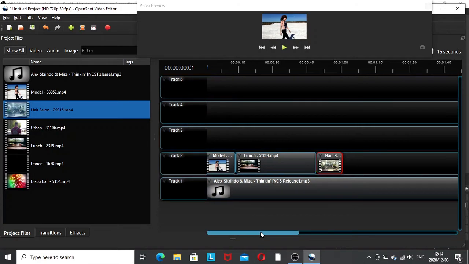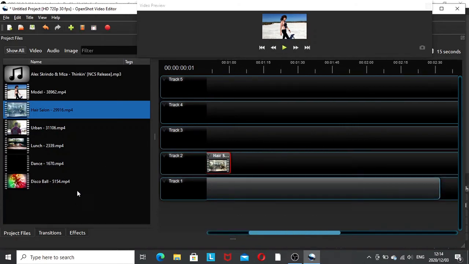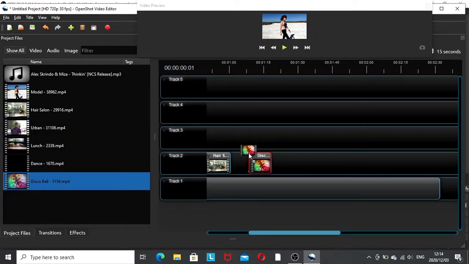Then we check, okay, how much space do we have? So I'm gonna put the disco one right there, because I don't want to put a lot of stuff. So I'm gonna repeat this one, repeat it just to fill up the audio